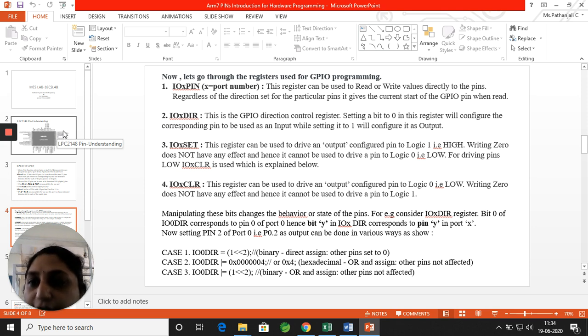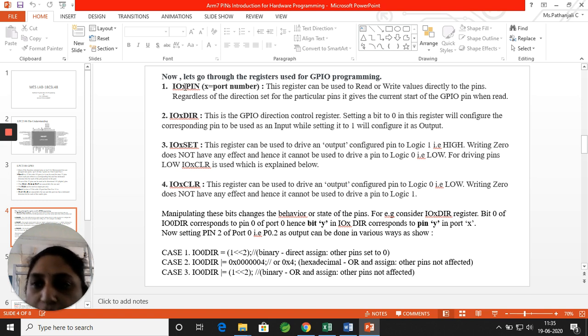Coming to this, as we saw in slide 2, the pin diagram, each pin has a different functionality associated with it. To decide which functionality I am going to select and which direction it belongs to, there are certain built-in registers which have to be configured before using it. That is where we have IOXPIN, IOXDIR, IOXSET and IOXCLR. In IOXPIN, X stands for the port number.